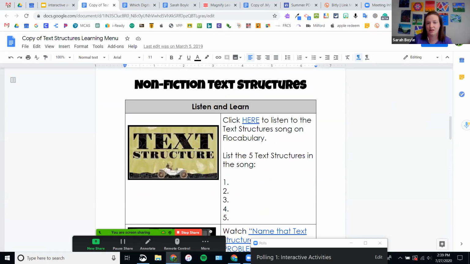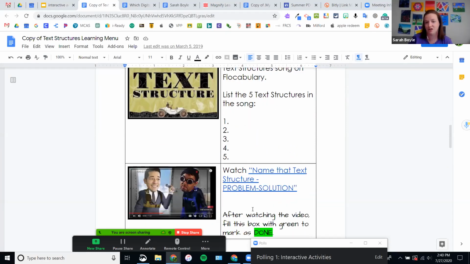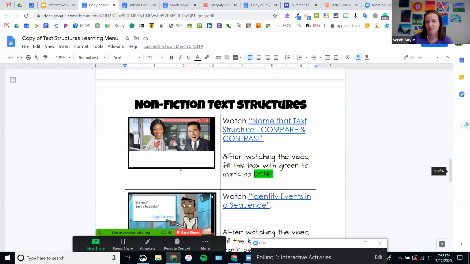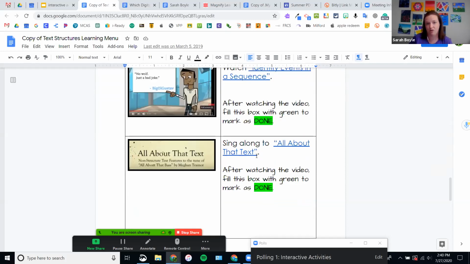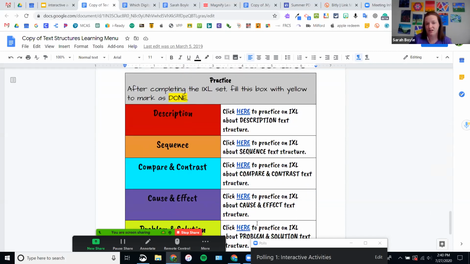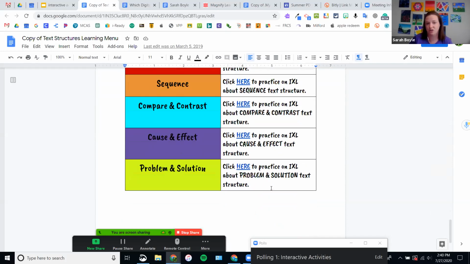Here's videos and things that they were supposed to watch, or songs that they were supposed to listen to, and they had to type out the things that they learned. So they had different tasks. When they watched the video, they were supposed to fill in this box and make it green. And then down here, these were their IXL activities that they were to complete, showing that they understood each of